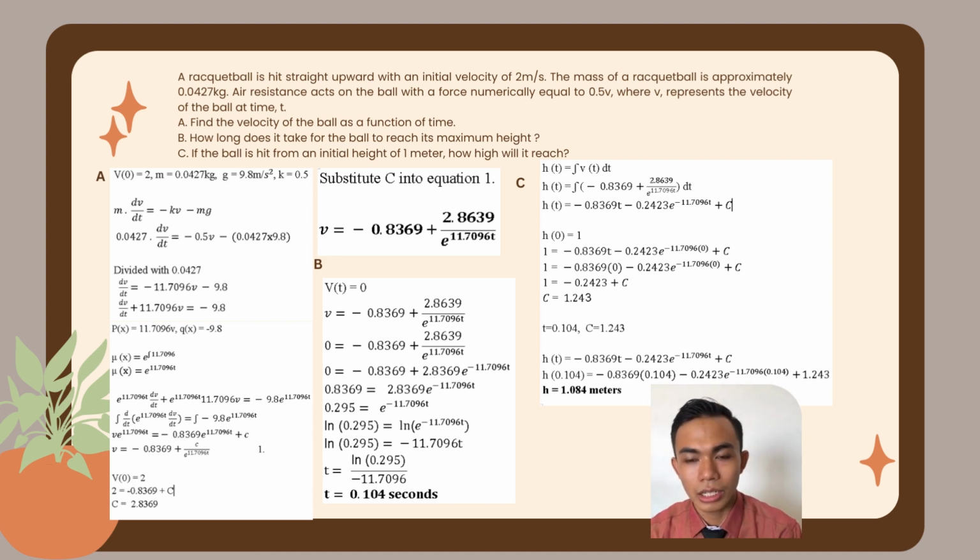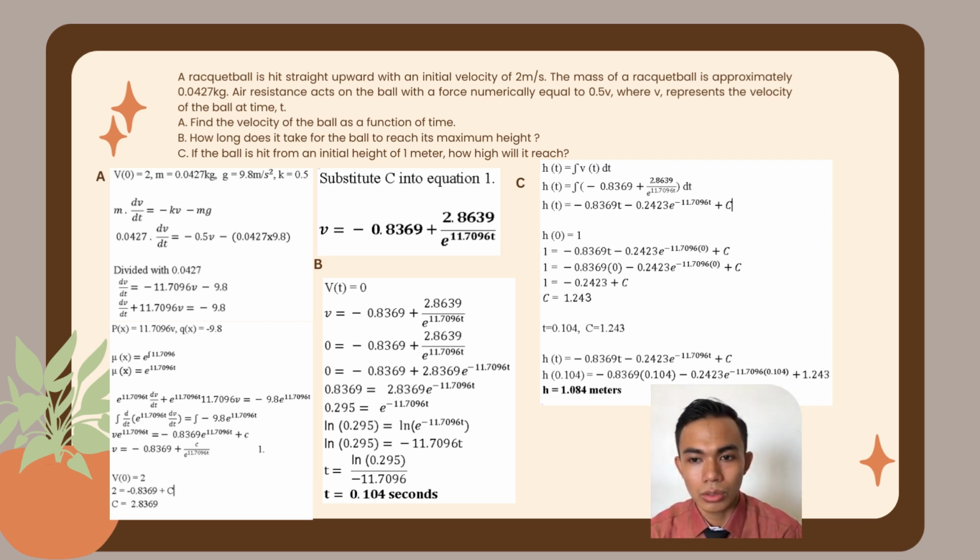We use the linear equation, which is p(x) equal to 11.7096 v, and q(x) is negative 9.8. After we integrate the p(x), and then we put it back into the equation, the final answer is